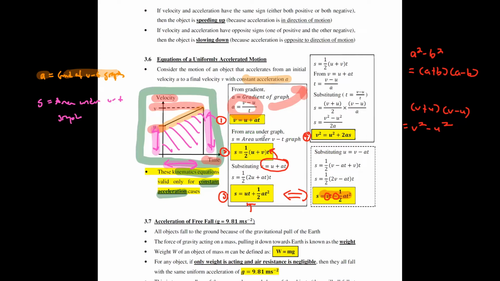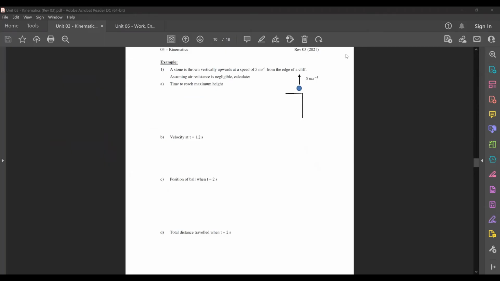All right. Now, you have a stone that is thrown vertically upwards at the speed of 5 meters per second from the edge of a cliff. Assuming the air resistance is negligible, calculate the time taken to reach maximum height. Now, in your case here, if you look at the stone that is being thrown upwards with an initial speed of say 5 meters per second,